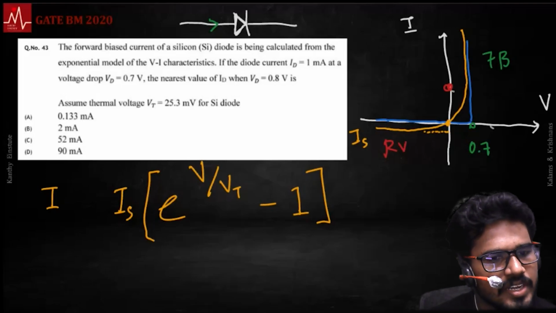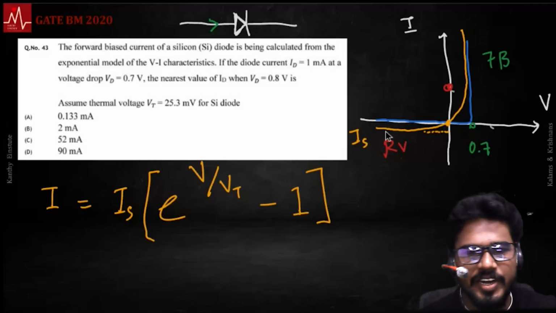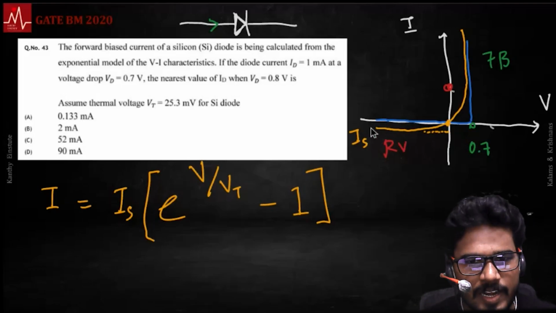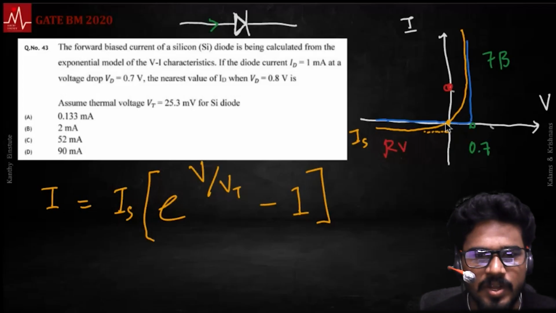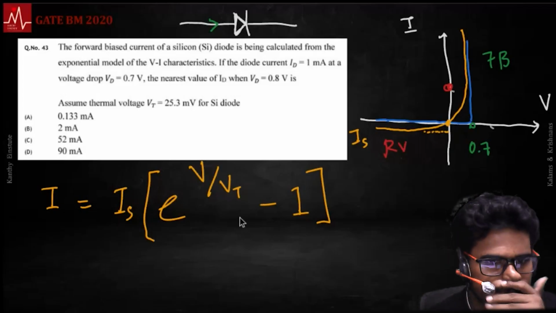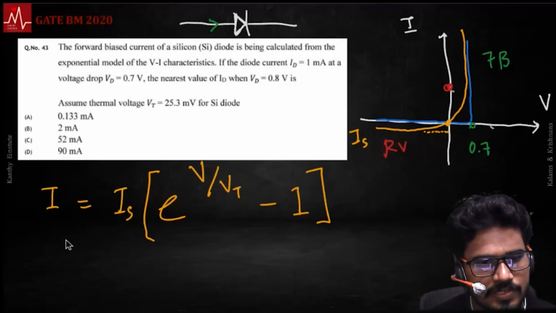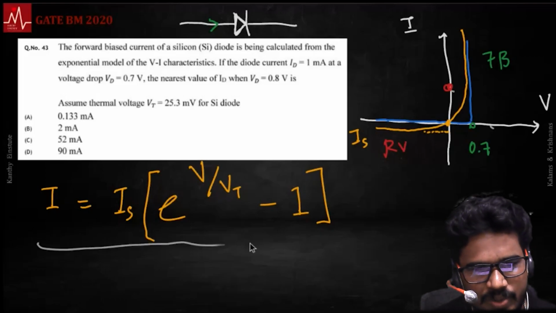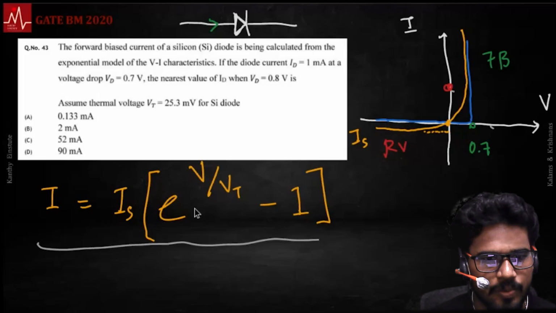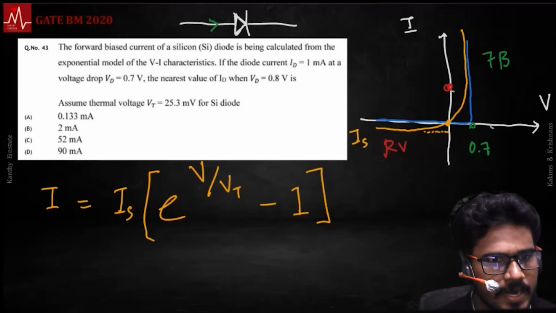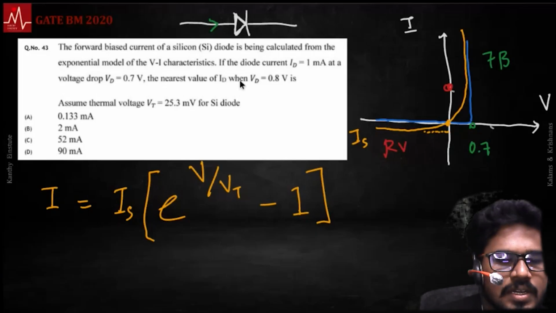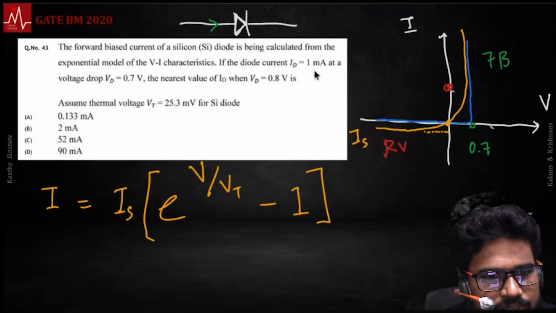It's an exponential relation. In the reverse side, it is saturated at a small negative current. It is passing through zero. It kind of explodes exponentially. So that is the relation that we have here. I also added one term at a time so that you can easily comprehend it. You can write it down if you remember it that way. And here, what is given as a diode current ID is